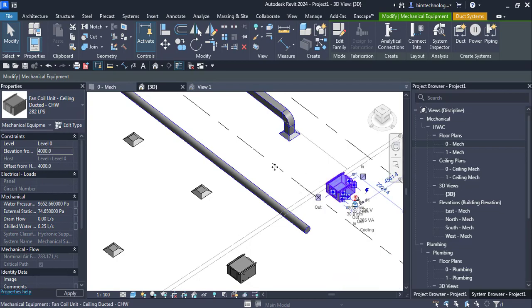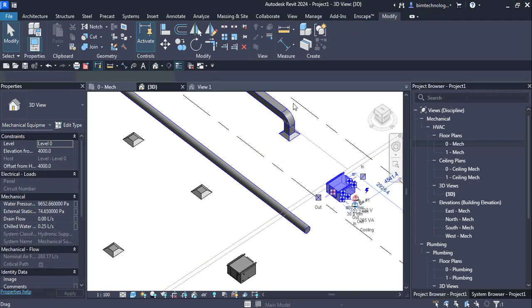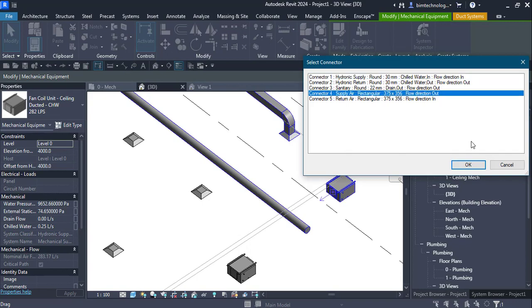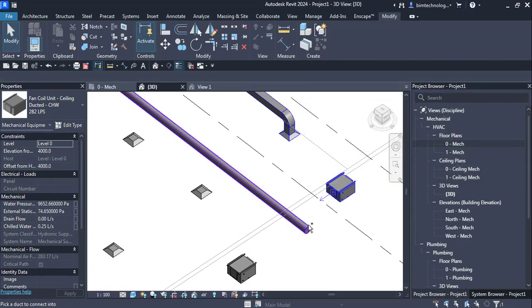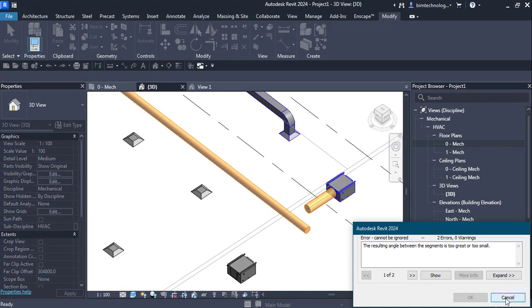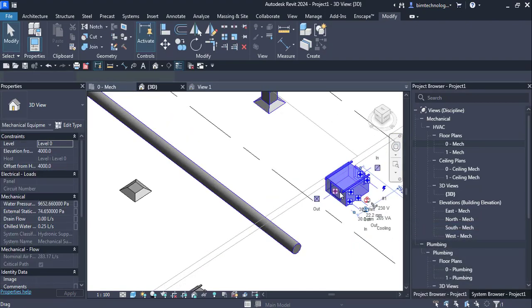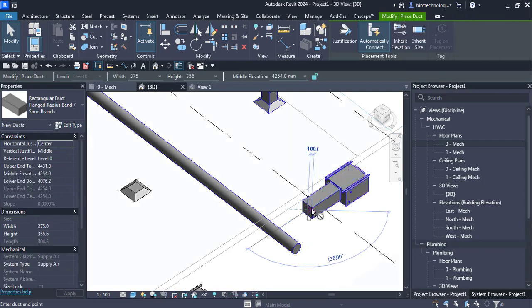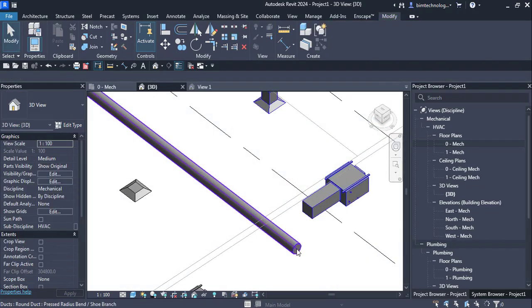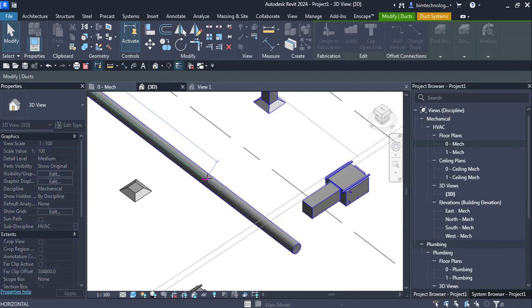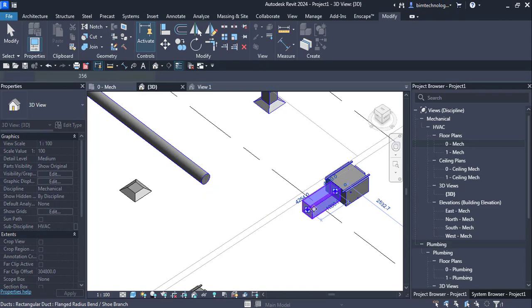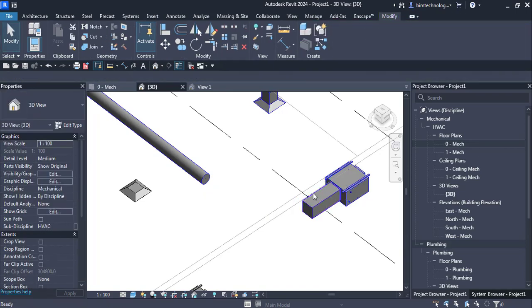So when you are creating this kind of geometry where you are going to connect one system to the other, you need to check the geometrical limitations of each one of them, because here you can see that there is a duct which is a rectangular duct, and it has to fit along with this particular round duct where a conversion has to be done. So this middle elevation here is something that you need to look for,